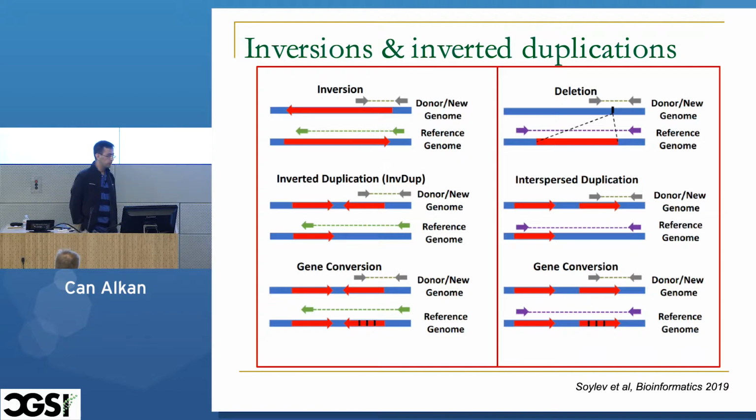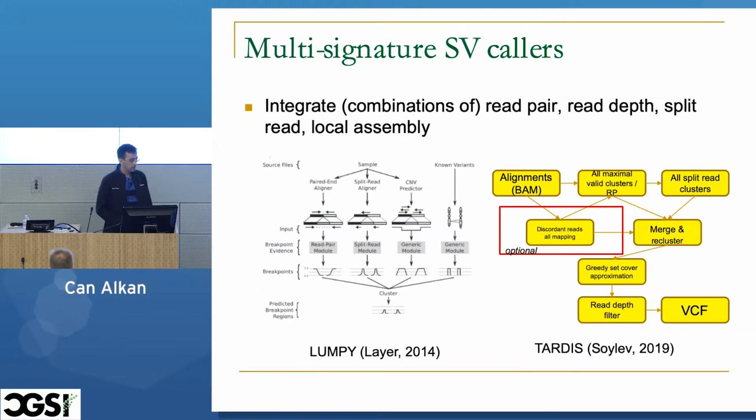So using only the read pair, you won't be able to separate those, which is the same story on the right-hand side. Deletions, interspersed duplications, and the direct orientation gene conversion are also going to give you the same paired-end signal. So the obvious solution is using multiple signatures. Now you're going to integrate read depth, read pairs, novel assembly, and split reads, combinations of them, or maybe all of them together. One of the first methods that came up with this was Lumpy by Ryan Layer